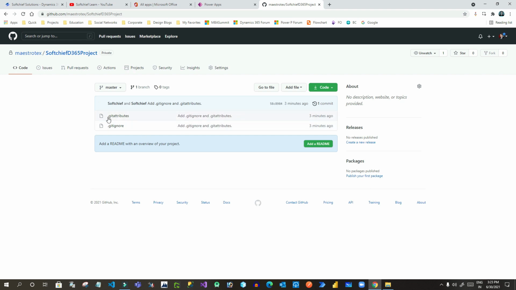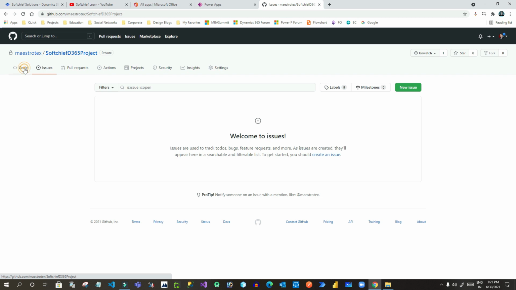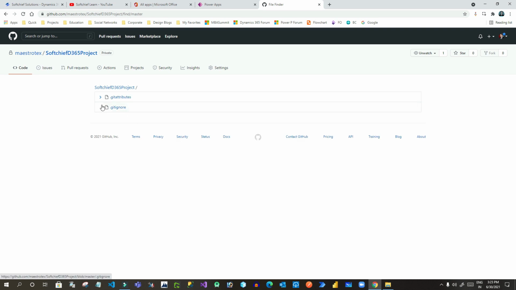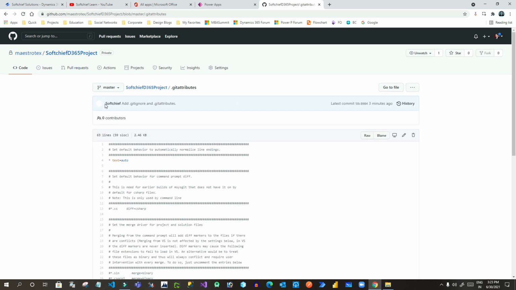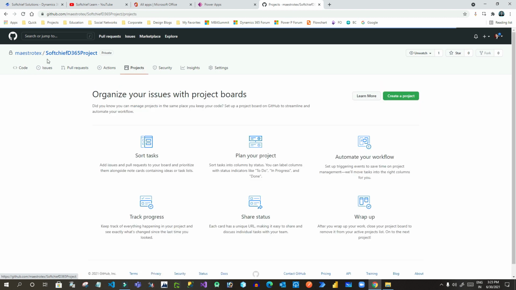So this is the project, and if you click on the issues, you can also see the code here. So this is my code, and if you click on go to files, it will list out all the files. Okay, right? So I have to add all files inside this repository. I can also create a new project here.